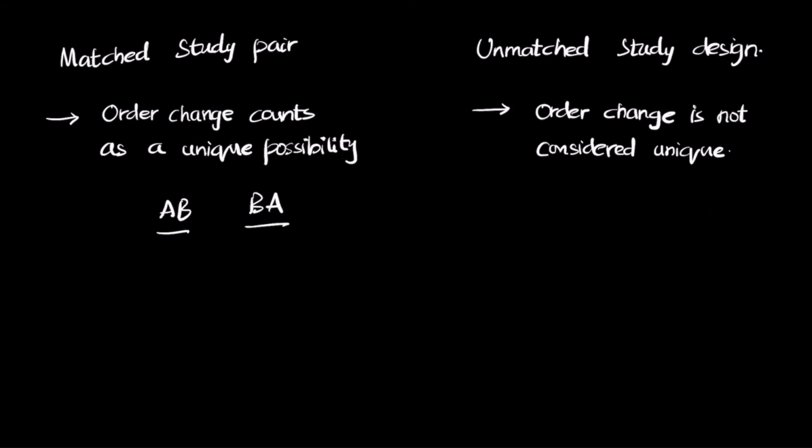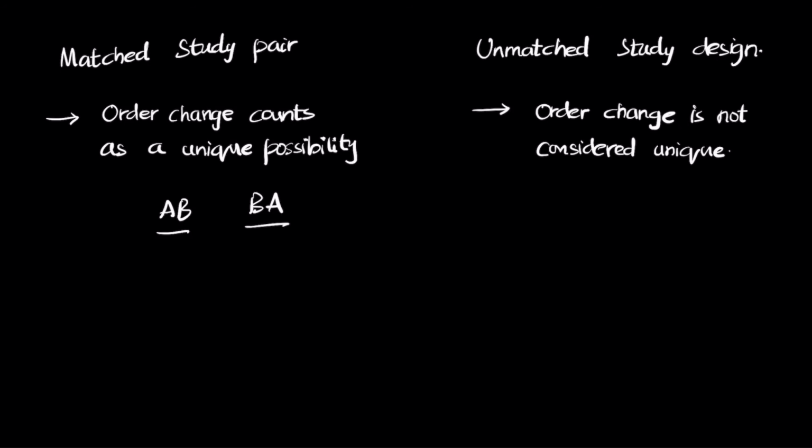One way of thinking about matched and unmatched study pairs is to take a simple example. For instance, we want to identify 5 people aged 50 to 59 with schizophrenia in a community, and we want to match these subjects with normal controls of the same gender and age living in that community. In that case we use the matched study pair.